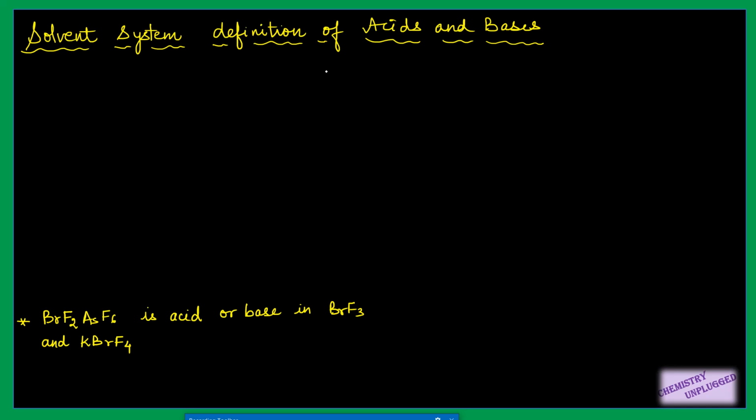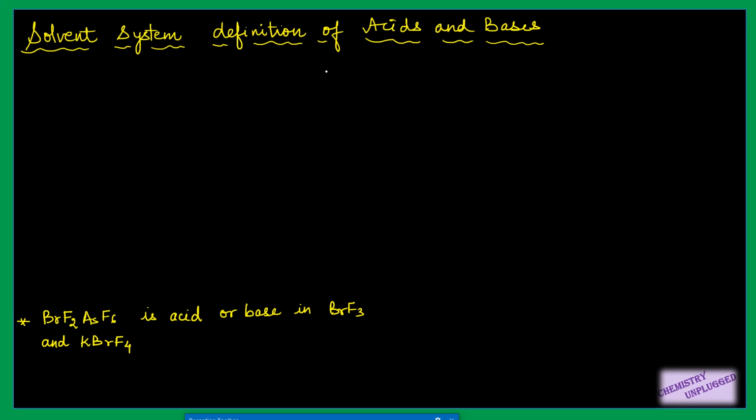The first thing is we should know the different types of acids and bases, like Bronsted acid bases, Arrhenius acid bases, Lewis acid bases. I will not go into the basic details of how we can classify them. We all know what Bronsted acids and bases are. According to Bronsted theory, acids donate protons and bases can accept protons, right?